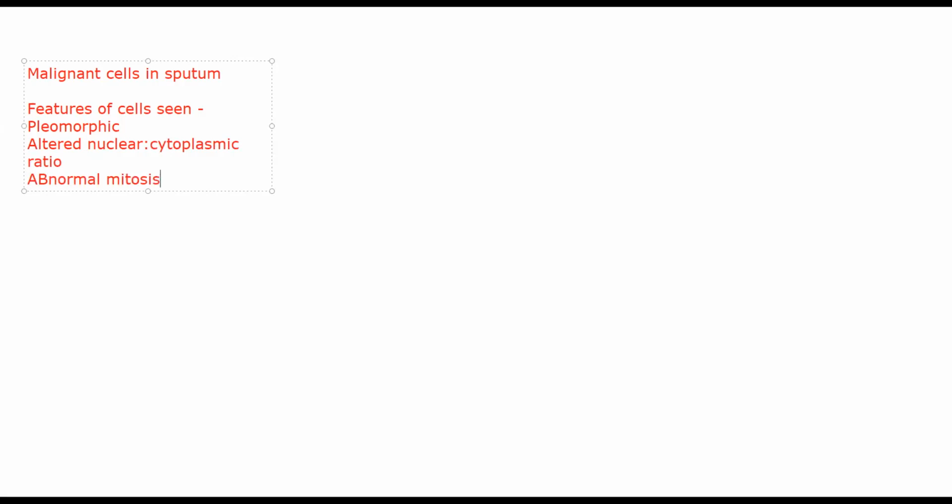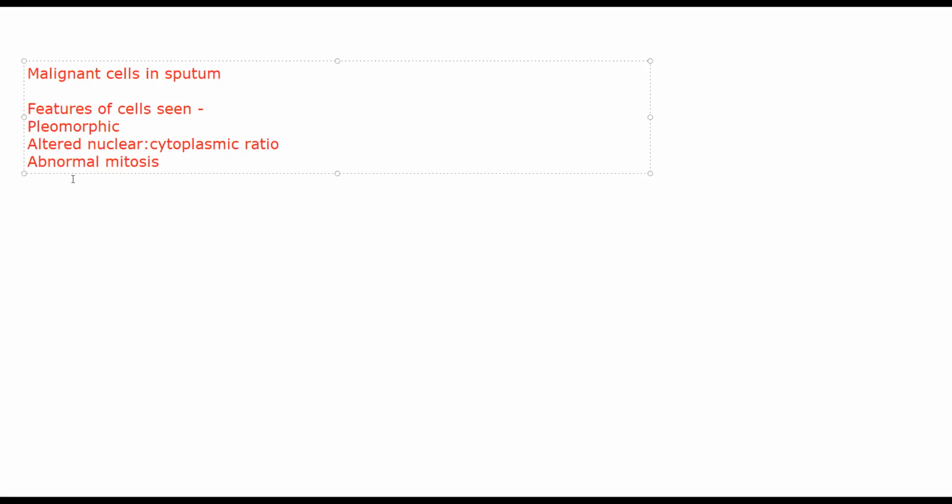Sometimes these cells can be confused for macrophages or mesothelial cells. So you will use a particular dye for these types of cells, because sometimes macrophages and mesothelial cells will also show similar abnormalities. They will also become pleomorphic, they might have abnormal mitosis, but they might not be exactly malignant cells. They will not show all the features, but they can be confused. So you have to be careful when diagnosing this.